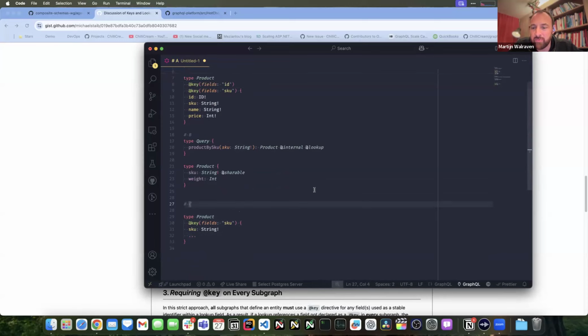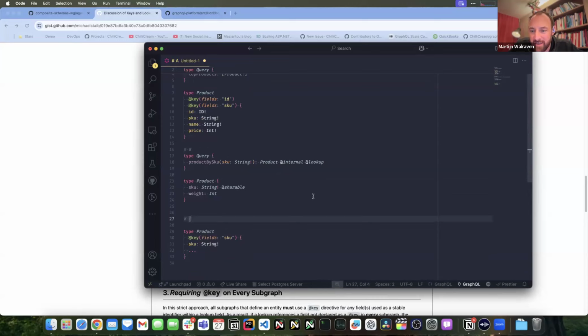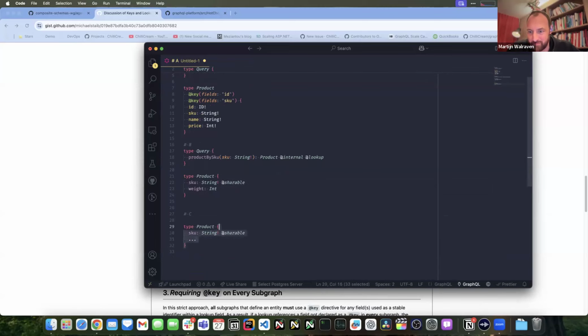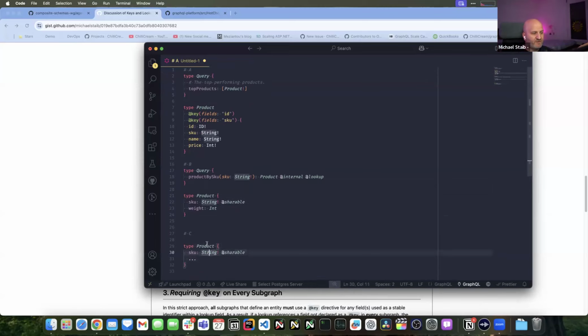A shareable field might still change at any time, and a key field is meant as a sort of stable identity, which also means that you can use it as a cache key, for instance. Yeah, this would also be a warning, right? In proposal 2, even if C doesn't have a lookup for SKU, the semantics we have here now is not just that this is the same, but that this also is stable.